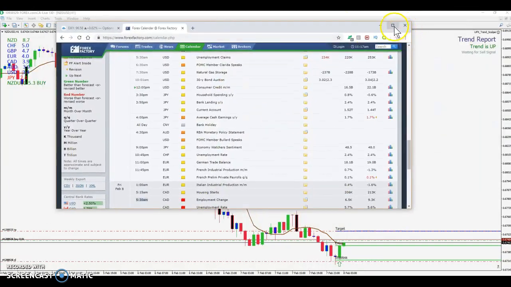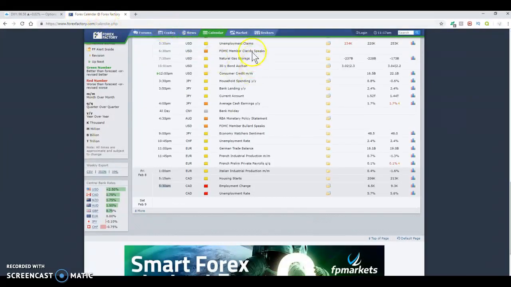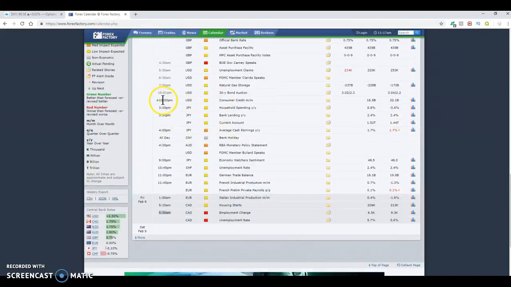Next, what we're going to do here is go over to Forex calendar, just kind of see where, if anything, is going to be coming out. As you can see, we got nothing here. I've already checked, and this should be something you do on a regular basis anyways. Maybe as soon as you sit down at your computer, just have a quick look and see if there's any high impact. There isn't anyways. I have already checked this earlier today, and I knew there's not going to be any high impact news until tomorrow morning at 5:30 a.m. Pacific Standard Time. So the CAD should move a little bit, and we'll see about that in the morning.